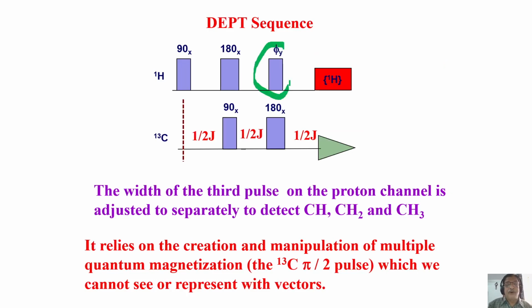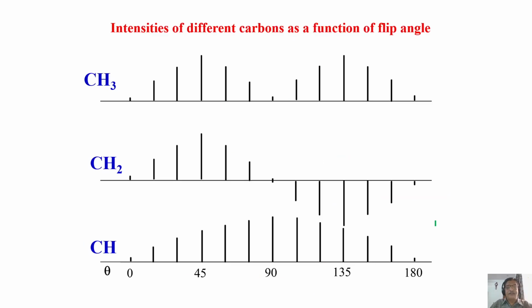But remember, most important is the pulse sequence, that is the last flip angle pulse, not 90 degree, on the proton channel, different flip angles. Normally 3 experiments are done in the DEPT. This phi is the one which defines the pulse angle. You do 3 experiments, phi 45, 90 and 135. This is the commonly done DEPT experiment. It is to detect CH, CH2 and CH3 magnetization.